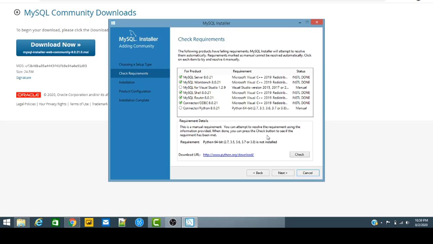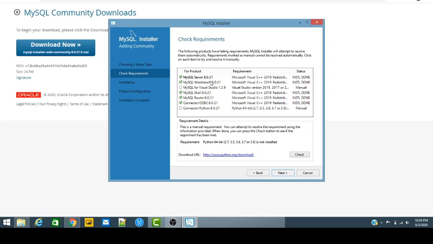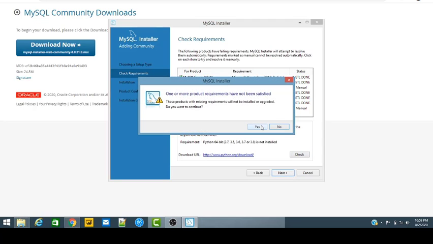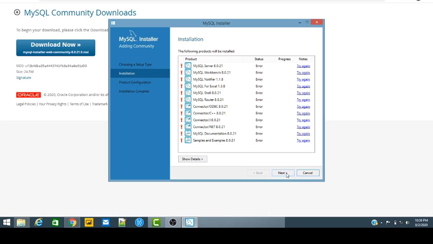So it is completed. I think we have to select one more thing. So why are we getting this error? Okay, I think this is because of the network issue.